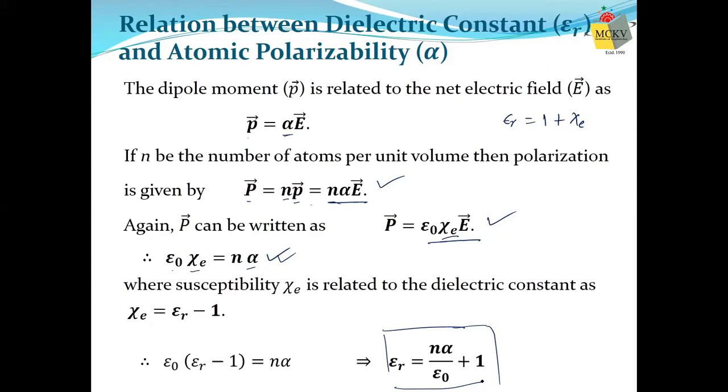So please note down the relationships, because now we will discuss some numerical problems so that we can understand it in a better way. For that, we require these relations. So what relations do you have? One by one, first relation, D equals epsilon naught E plus P. Then you have this relation. Then you have this one. Then you have this, and this quantity. That will be sufficient for us for all types of numerical problems that can be asked.